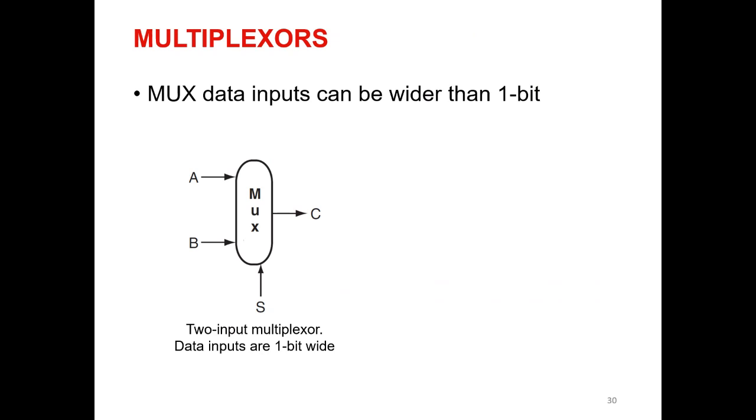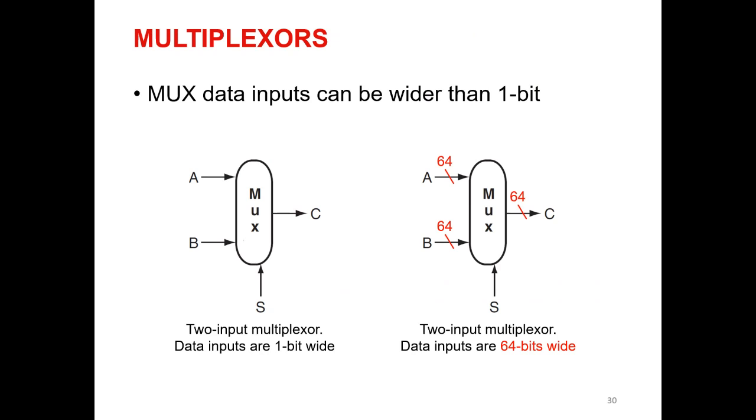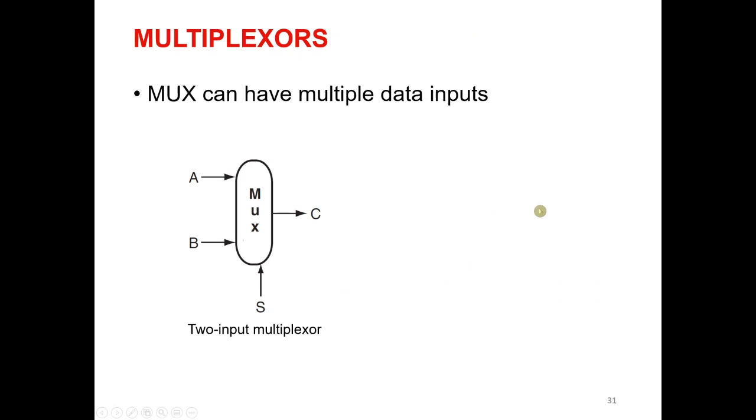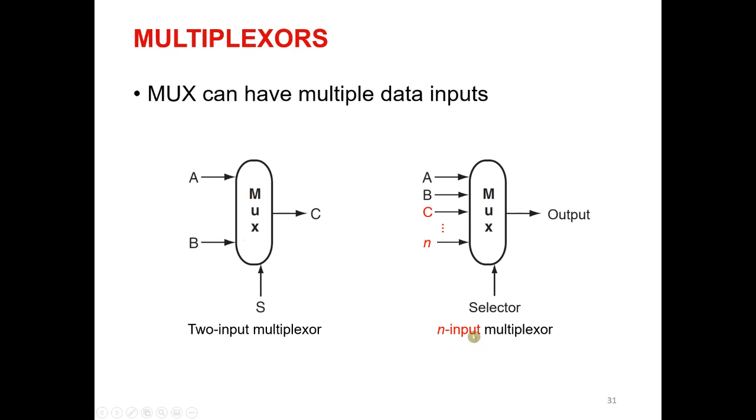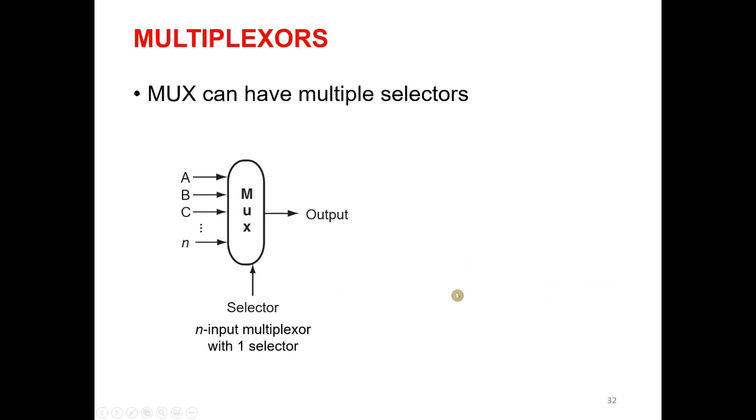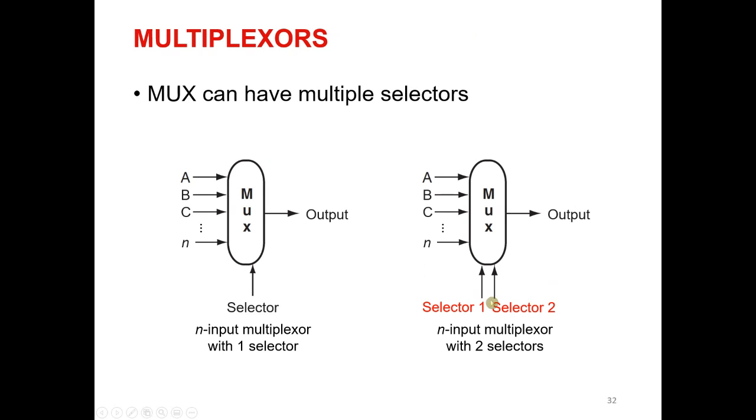Of course, multiplexor data inputs can be wider than 1 bit, and if they are wider than 1 bit, I will have more than 1 bit here. But what I was referring to is the selector. I can have multiple selectors here, n input selectors. So if I have more than two inputs, I will have more than one selector in order to be able to select all. For instance, if I have two selectors, I can select more